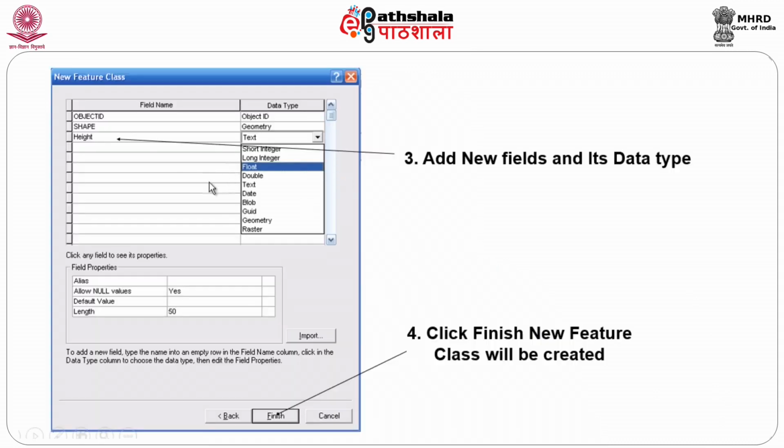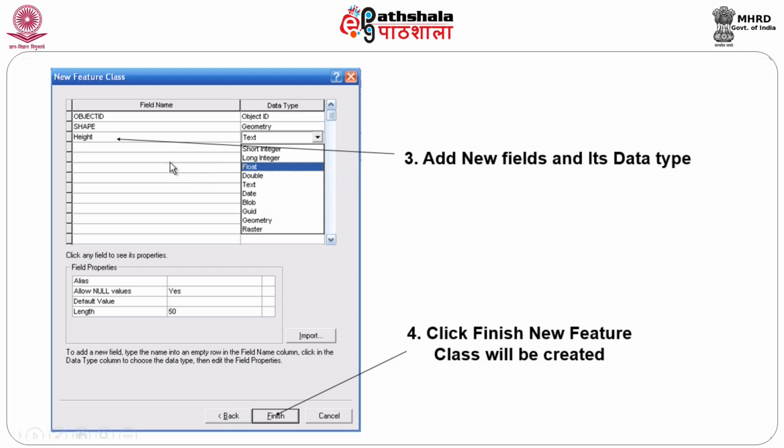Remember, there will be two features which are always fixed by the system, you cannot change them: shape and the ID. Shape, in the sense, is point, line and area. ID is a system generated ID, you cannot have any control over that. You can have a user ID, that is not a big issue. You can have a name of that, whatever data name you want to give, and then the data type, depending again on what exactly you are using, a point, line or area.